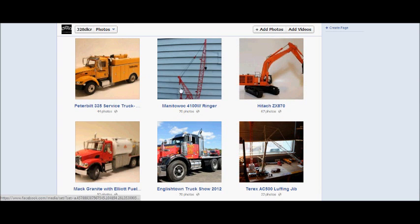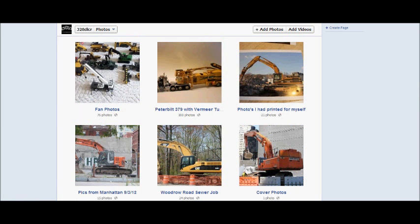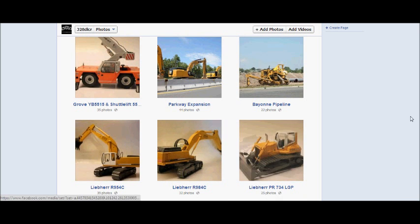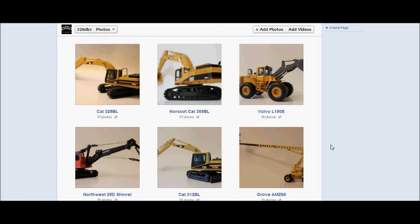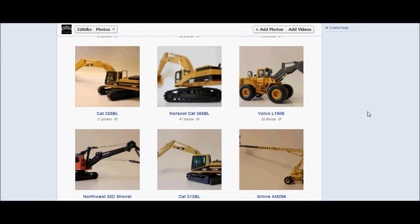And what I'm showing you guys is because there's just a wide variety of models. You can see the excavator here, crane, trucks, Vermeer, tub grinder, crane, excavator, dozer, shovel, bobcat, loader, man lift. And I'm showing you this because for the simple fact that the way to build your collection is to buy